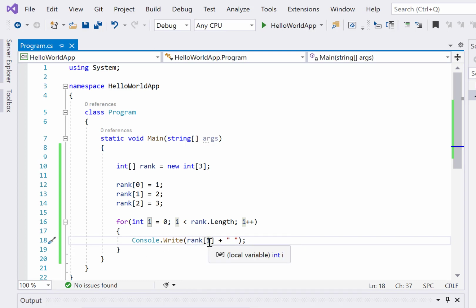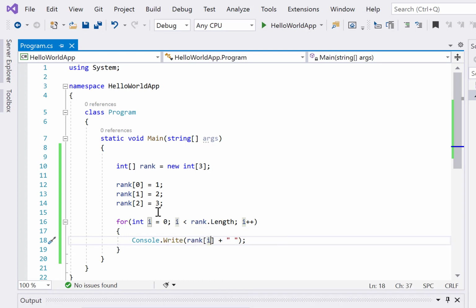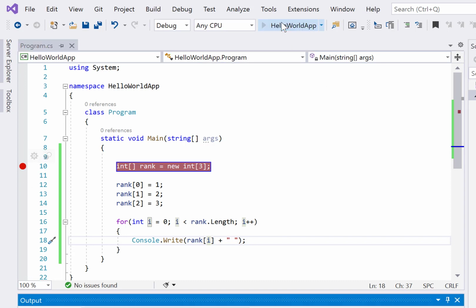We have seen that we can access the array values via the indexes, and here I have the index. So here I am saying rank 0, meaning I want to access the first value. Now i will increase, so i will be 1. When i is 1, it operates again and gives you the second value, which is rank 1, which will give you 2, right? Now it will go up till rank dot length. So what is the length? Length is 3. It means my i can go up to 0, 1 and 2, right? And that's how it will print all the values. I can even show you via a debug point as well.